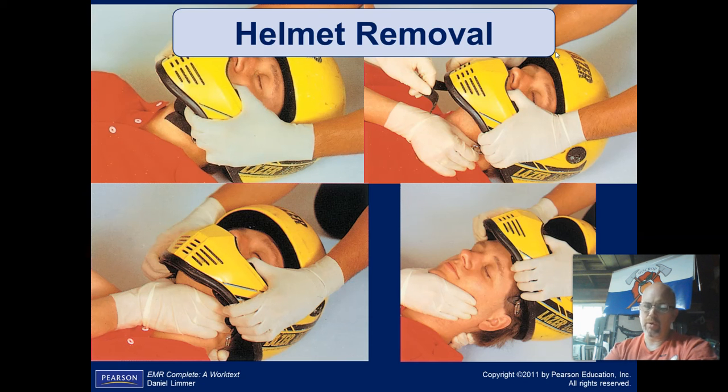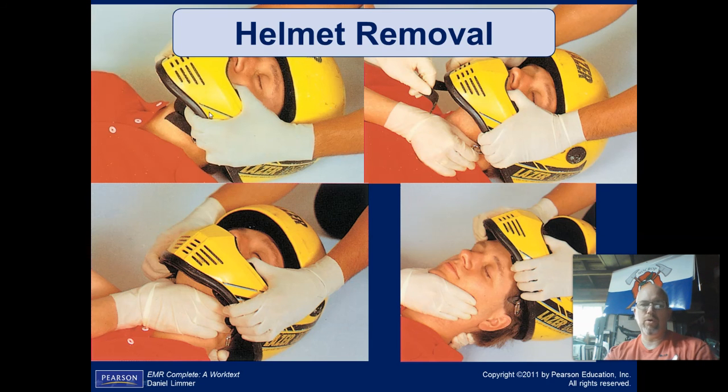And what people don't know is a lot of times those pads can actually be removed by simply taking a tongue depressor and sliding it inside between the outside shell of the helmet and the pad. There's actually buttons inside there in some cases, and basically slide a tongue depressor in there, kind of twist back and forth, and you'll hear a snap, and that pad will slide out. As the pads slide out, we've got more room inside that helmet to actually move it.